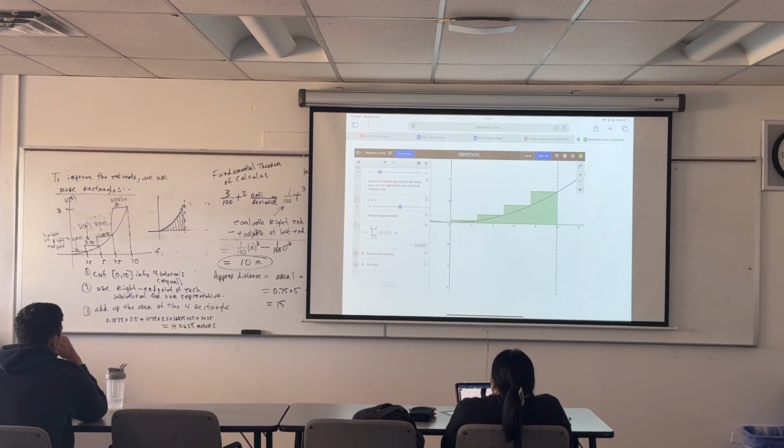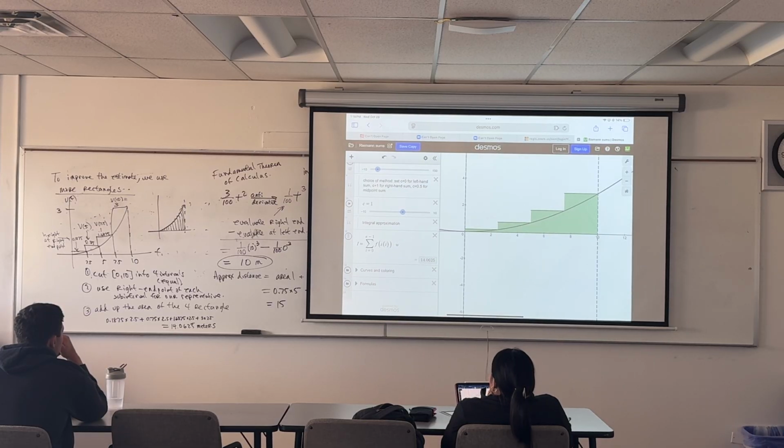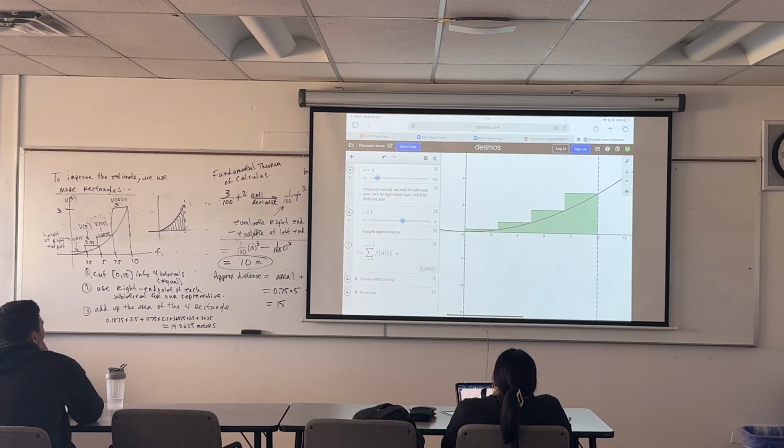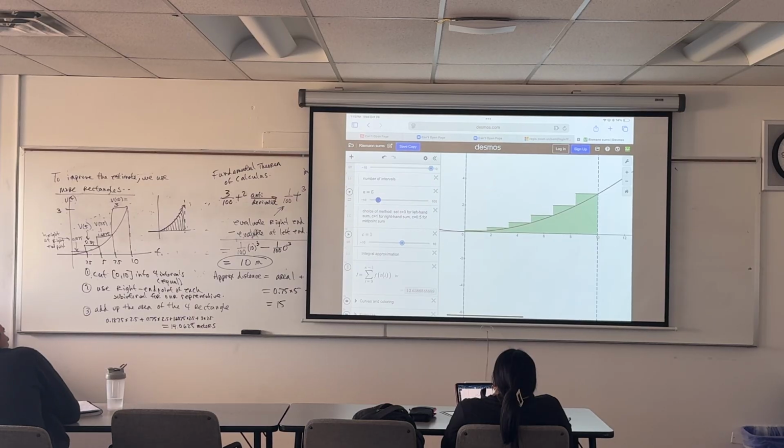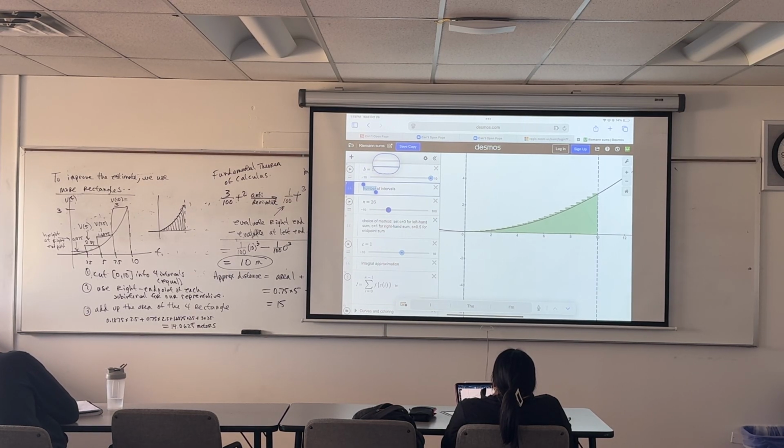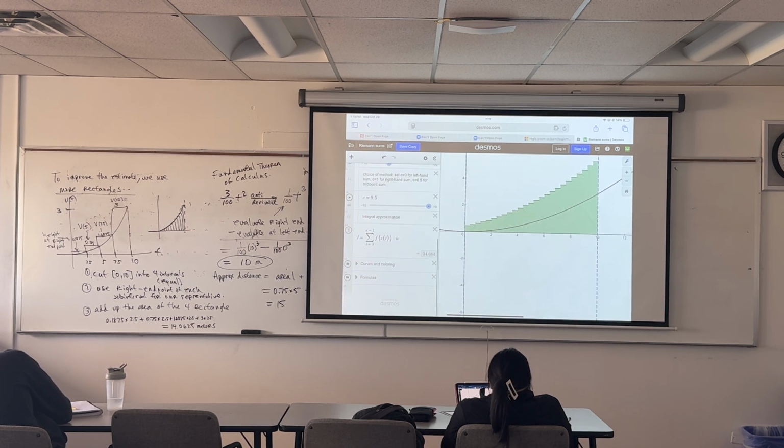You see that number right there? Boom. So let's get a better approximation, and as we were just saying, that means more rectangles. So let's up the rectangles and keep an eye on that estimate, 14.0625. Let's crank it up to 25 rectangles, and our estimate is,